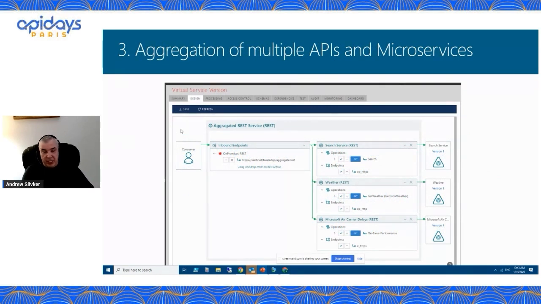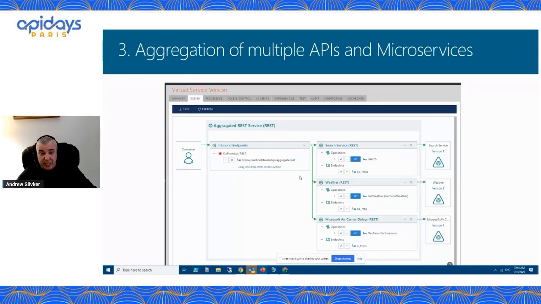I mentioned aggregation, many-to-many relationship. That's another invaluable capability that can be expected and should be expected from API management infrastructure. On this diagram, I am showing a screenshot from Sentinel API management where it shows the design surface of some gateway API that virtualizes or effectively forwards messages to 3 different backend APIs. So through simple drag and drop from the repository on this surface, you can create in a matter of half a second this